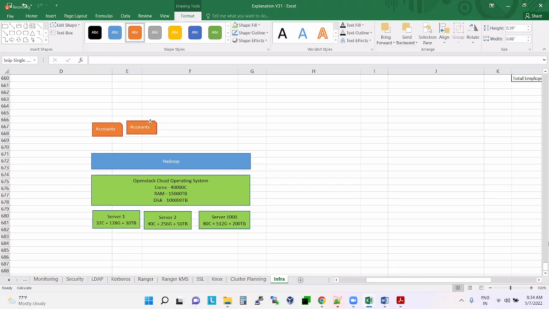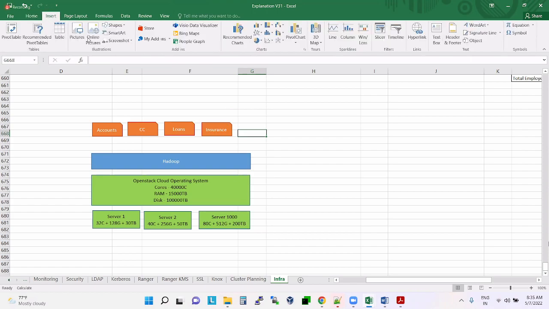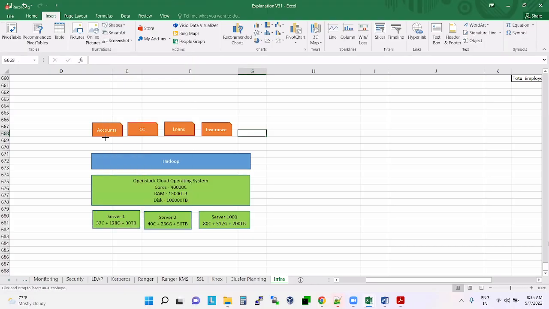They can increase the capacity dynamically, based on the demand. Credit card, loans, insurance. So what are these doing? They are taking resources on an on-demand basis.